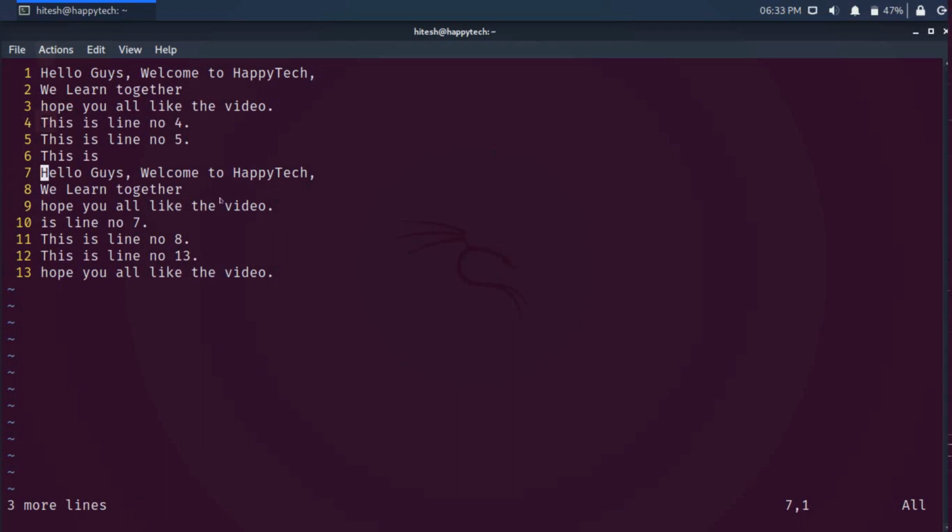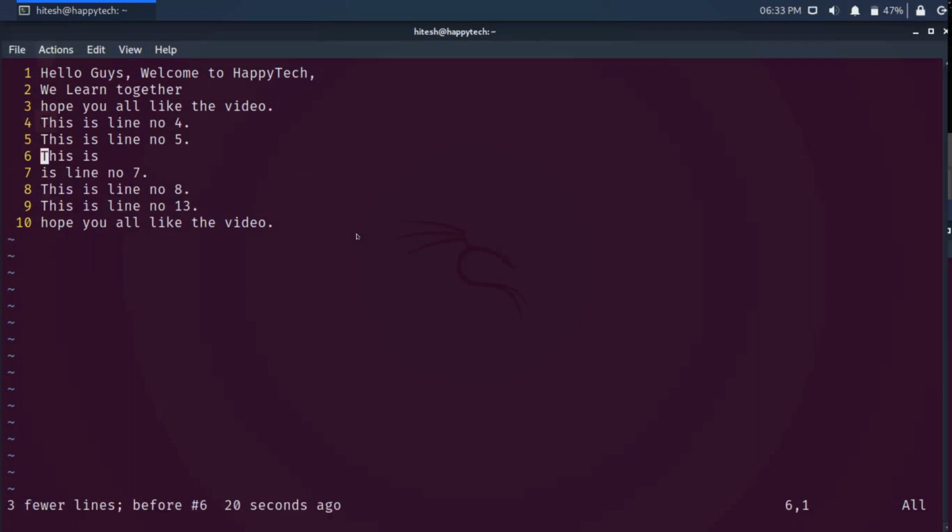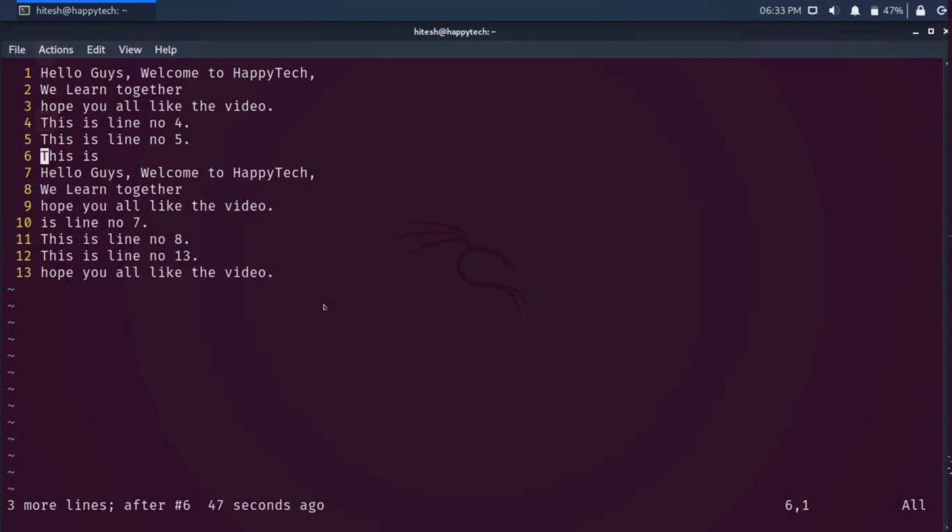Now if we want to undo, meaning we have done something which we do not want, the command is the single letter U. By pressing U I can undo. Many times we may need to undo more, so we will execute more undo commands. To redo that, we have the command Control R. You can see the thing which I had undone is here again.